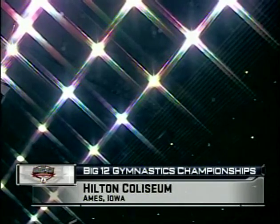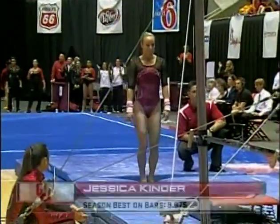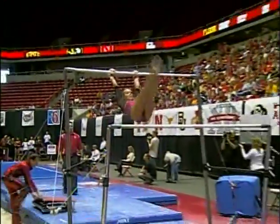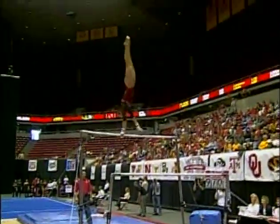Ames, Iowa. Final rotation of the 2009 Big 12 Gymnastics Championship. Nebraska starting to close the gap a little bit on Oklahoma. Jessica Kender is on the bars. And I tell you what, Oklahoma, it's their meet to win, but they are giving the other teams a little